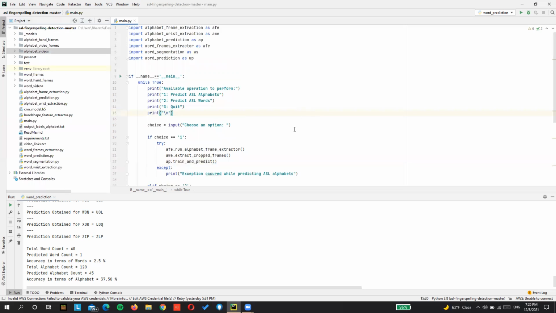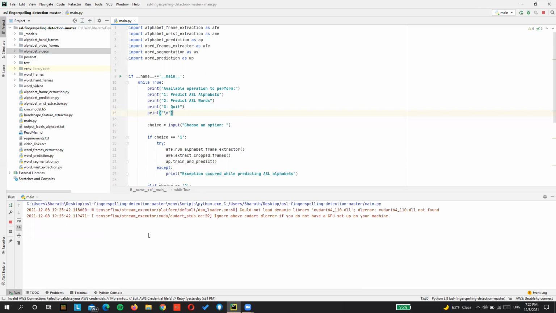To run the entire workflow, we have a main file which will internally, for the ASL alphabets, run the alphabet frame extractor, and then the alphabet list extraction, which uses PoseNet to extract the cropped images containing only the right wrist part, and the alphabet prediction Python file, which handles training and testing of the alphabet. I'll go ahead with the demo where I'll go through the code as well. Similarly, there are frame extraction, list extraction, and prediction files for words as well.